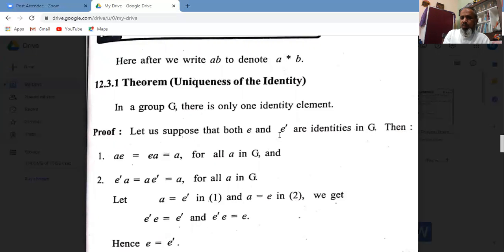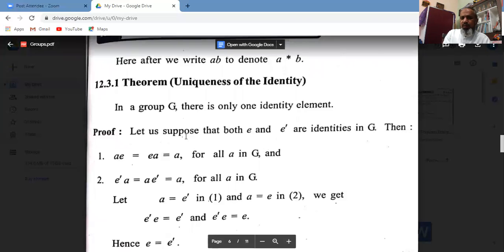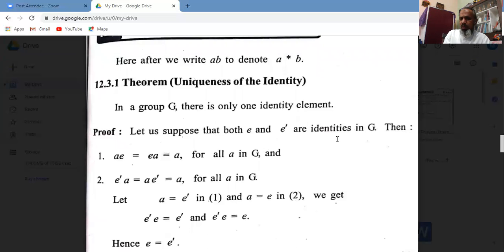So what do we have to prove? E and E dash are not different; they are equal. If we prove E is equal to E dash, then the proof of the theorem is completed. So let us suppose that E and E dash are two identity elements in the set G, that is a group. Then